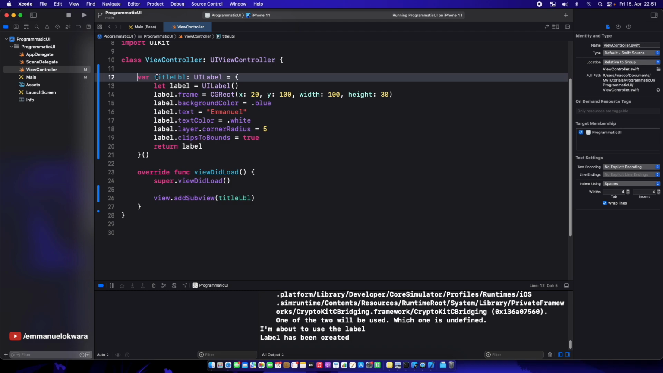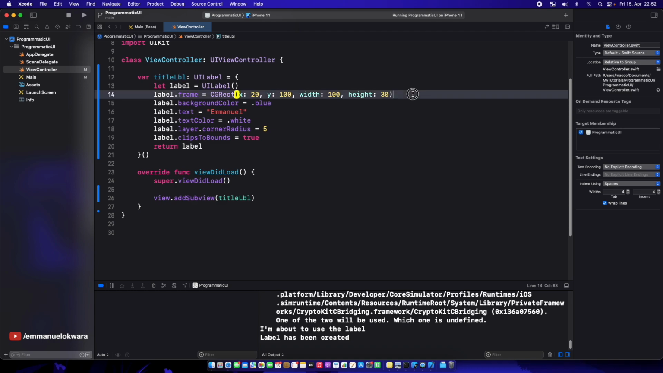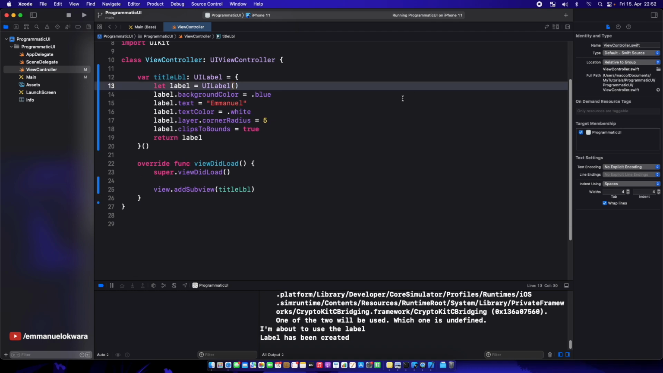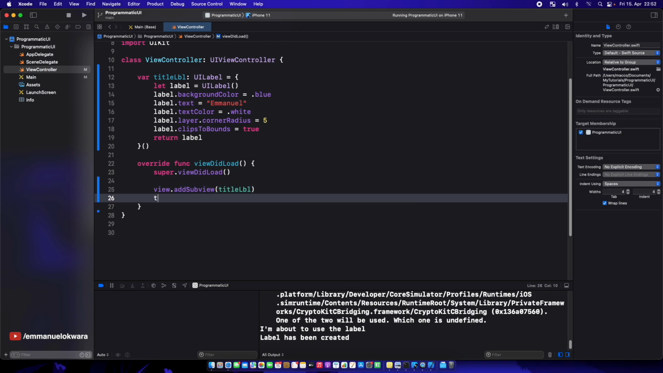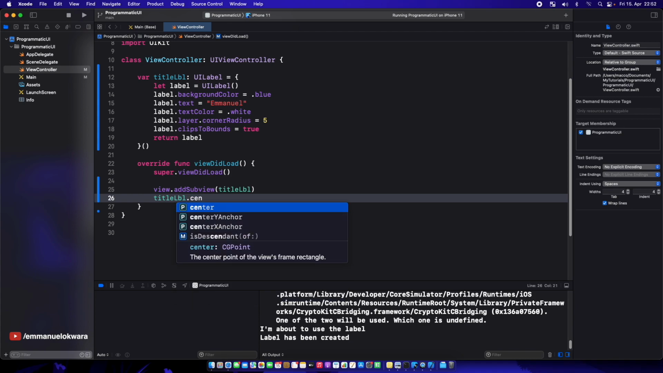So what I'm going to do first of all is add this label to the center of the screen. Let's just go ahead and remove this right here. And here we're going to say titleLabel dot, and we can actually just modify the center property. Before, we were modifying the frame, which specifies the position and the size. Now we're going to just modify the center, which is the position, and we're going to set the center